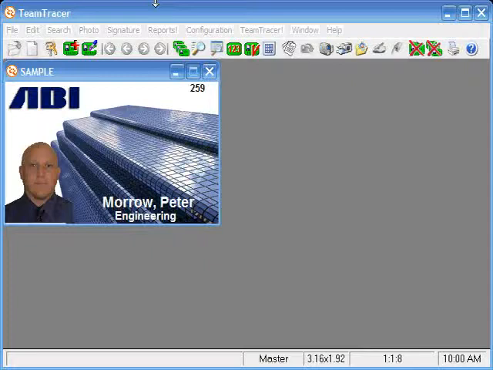This is the TeamTracer Action Capture tutorial. The Action Capture screen is the heart of the TeamTracer system for tracking your ins and outs and assignments. The way that we start the TeamTracer Action Capture screen is by going up to the TeamTracer item in the